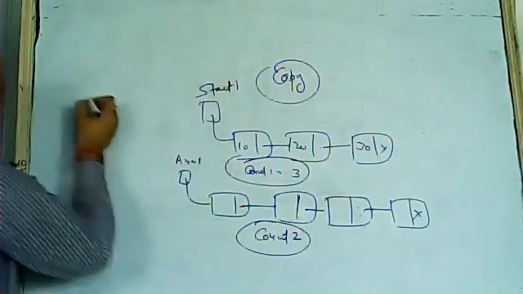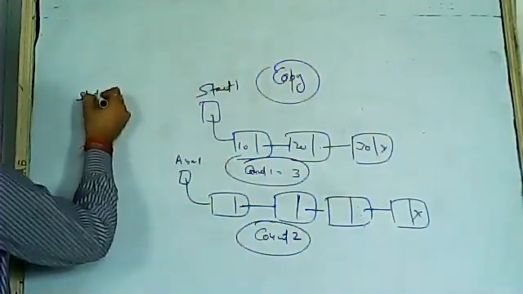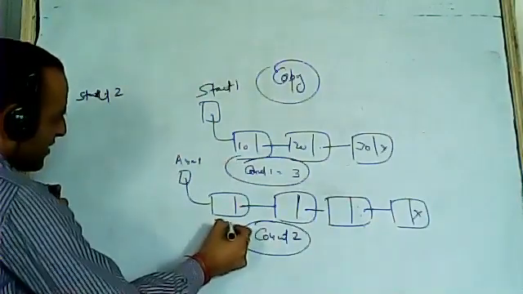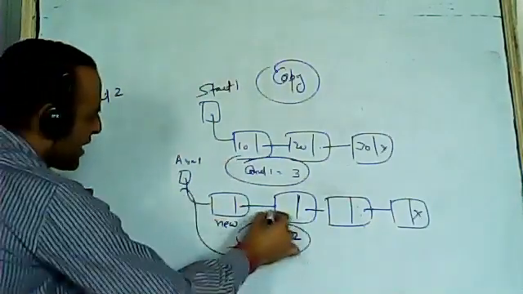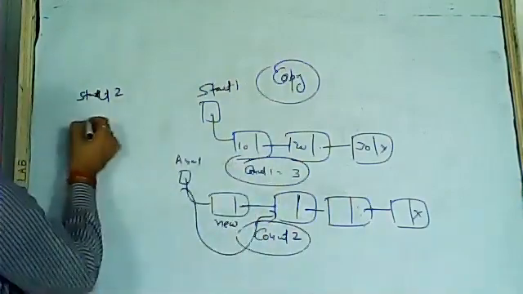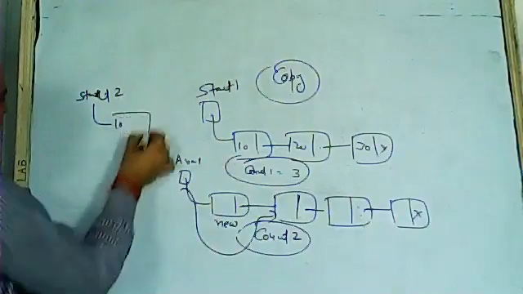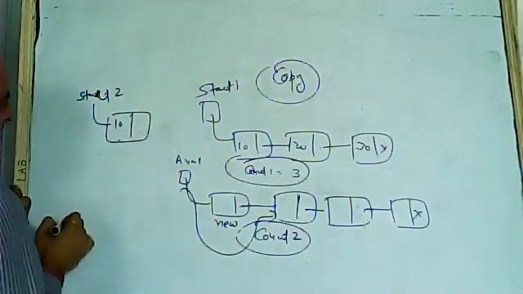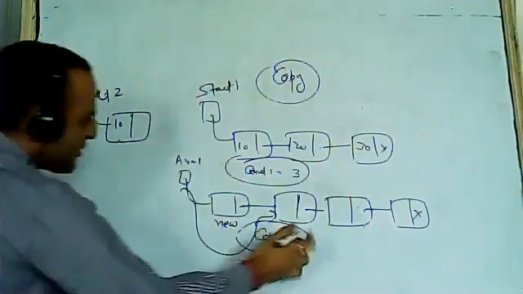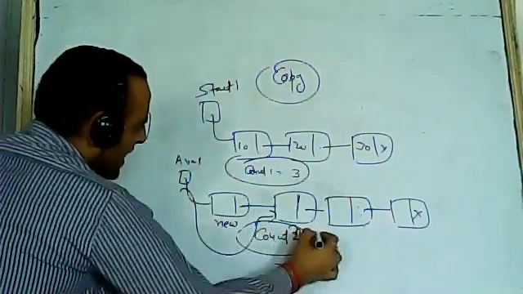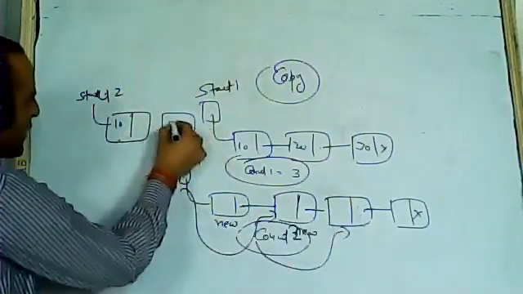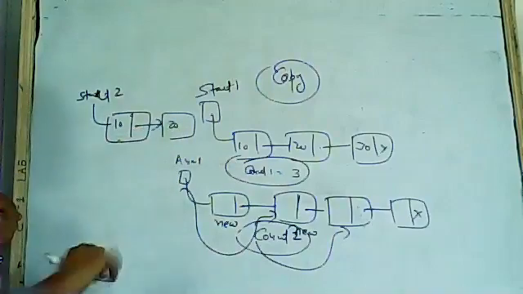This will be my start 1. एक नया start कर लीजिए, start 2, a new list where you are going to copy. New is equal to Avail. Avail is equal to link of Avail. इस new में पहला डाटा डाल देंगे. Okay. Now again, new is equal to Avail, and Avail is equal to link of Avail, and a new node will be there, 20, and you have to link this node.